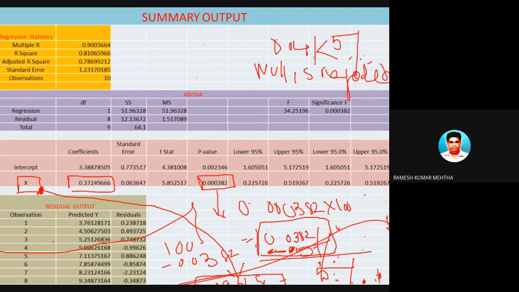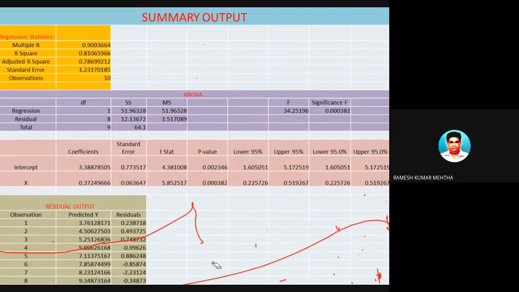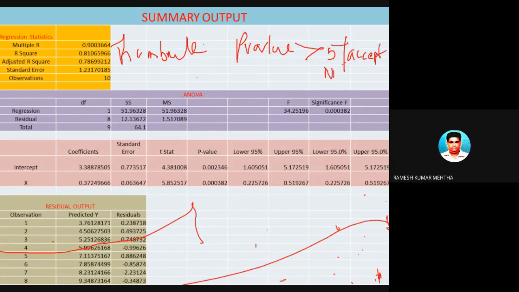So I am just now going to give you the thumb rule of accepting the null hypothesis and rejecting the null hypothesis. The thumb rule is: if p value is greater than 5 percentage, accept null hypothesis. Or we have failed to reject the null hypothesis. This is also called as fail to reject the null hypothesis.